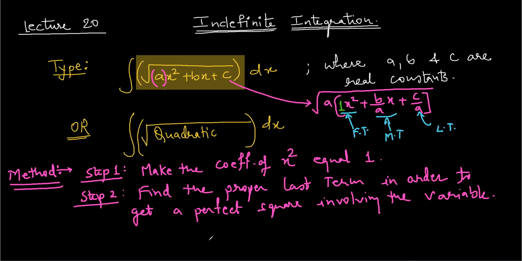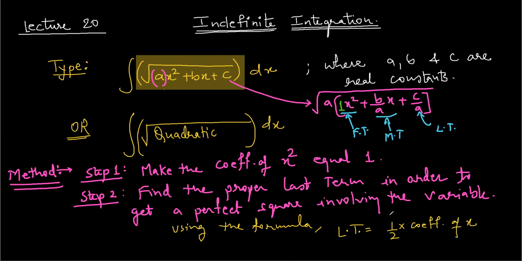See, using the formula, perfect square involving the variable, using the formula, and what is the formula? The formula is last term is equal to half multiplied to coefficient of x, the whole square. This is the formula for last term. Okay. Once you have found out the last term,